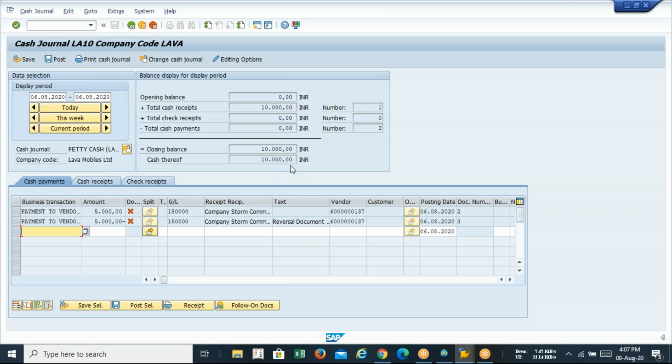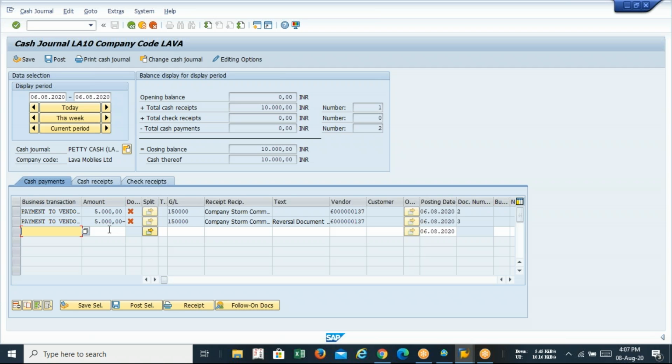Before reversal the balance was 5,000, but after reversal the balance is 10,000. Getting my point? This is the way you can reverse your document in cash transaction.